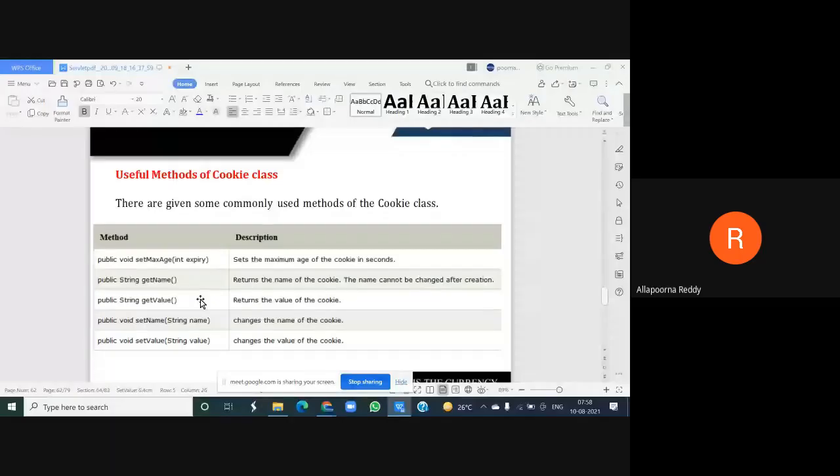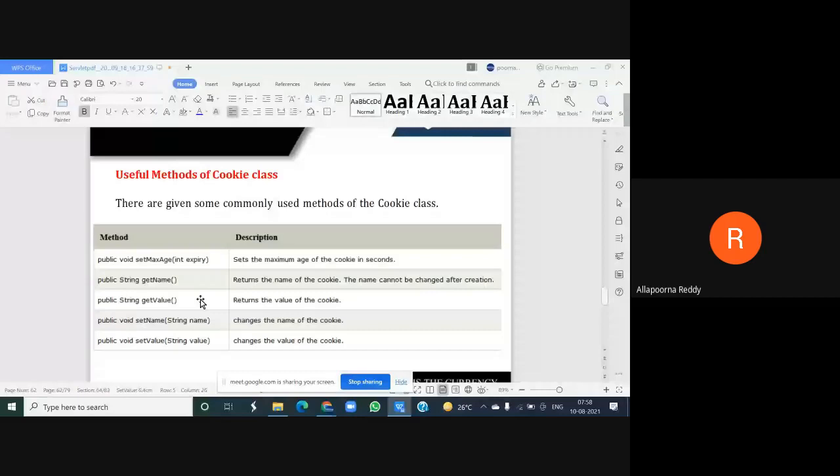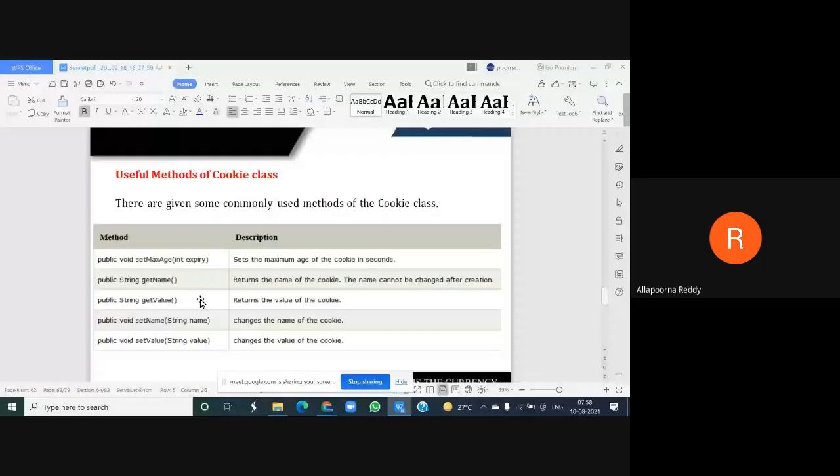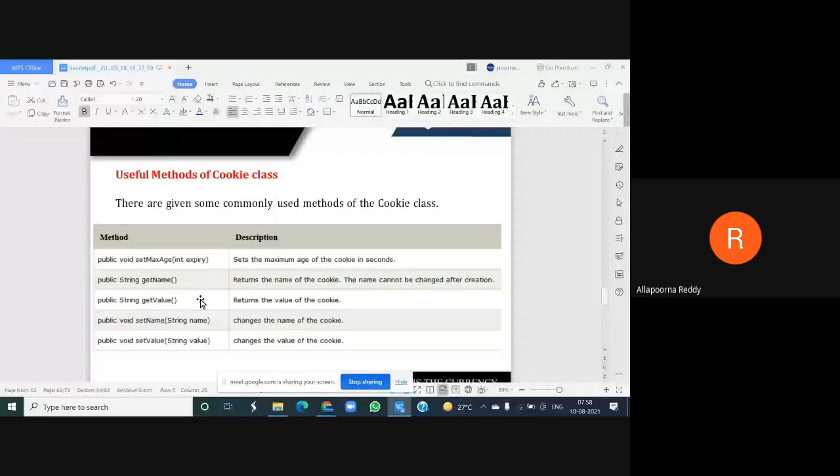Next, after construction of your cookies, as I told, there are some optional attributes I can pass to my cookie. What are the optional attributes I can pass to a cookie? I can set my cookie age. Age is nothing but, as I told, the time slot or time period you are allocating. So when you want to do this, you are going to use a method called public void setMaxAge.